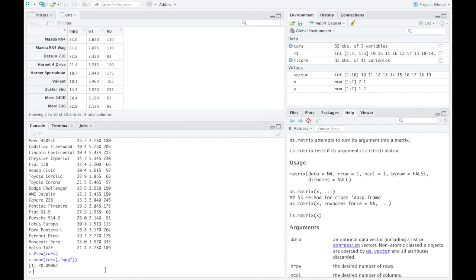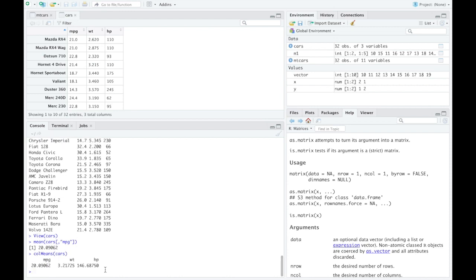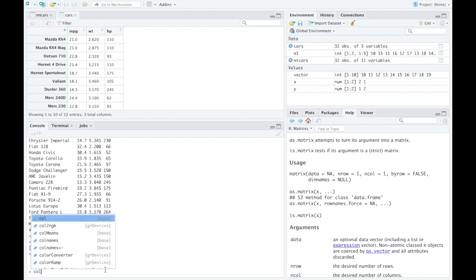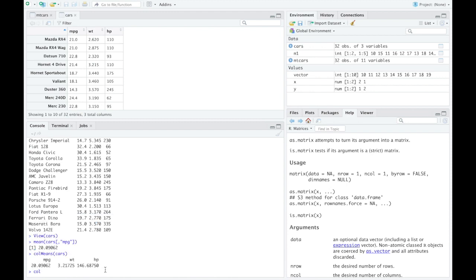Okay, and then we get that this is 20.0. Okay, there's an easier way. You can type in colMeans of cars, and then you get the means of all columns from our data set, which is called cars. Okay, there's another function, an analogous one, which is called rowMeans